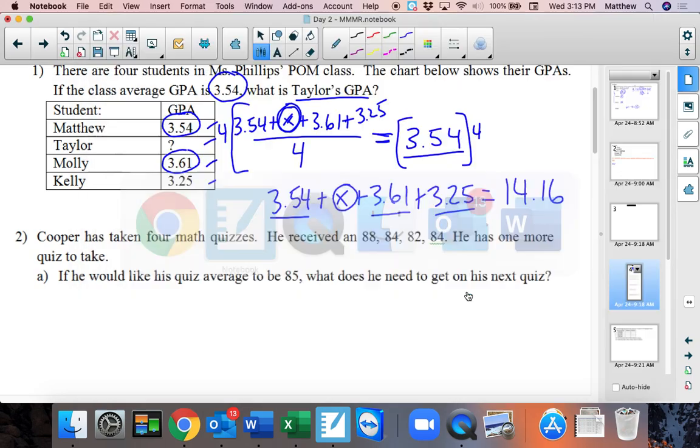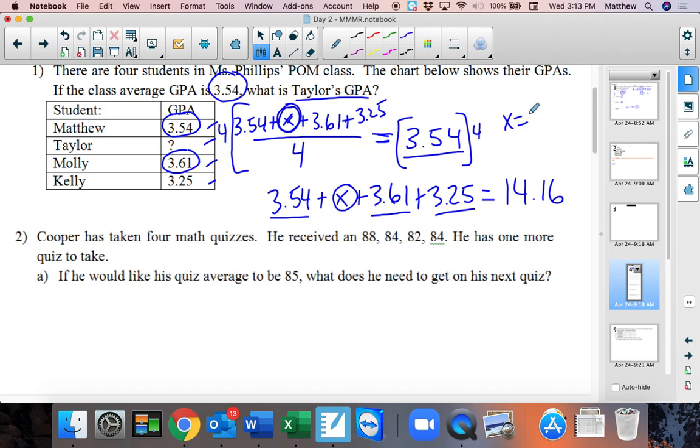And I get 3.76. So X equals 3.76, and that is Taylor's GPA. Now let's look back and see if this makes sense. Here are my values, and I think this is 3.76, and my average, whoa, that's a bad D, even a worse A, holy cow, thank you, equals